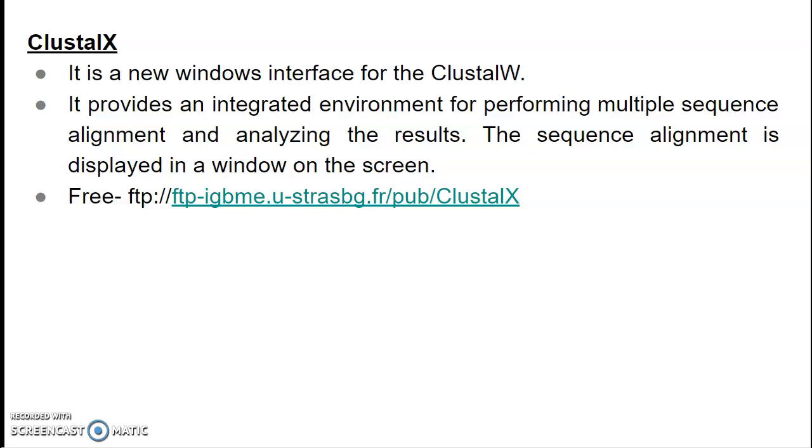The concept here lets us align and interpret the results at the same time. And the result will be displayed, and it's very user friendly software, and this is also available free of cost in the download section from the internet.